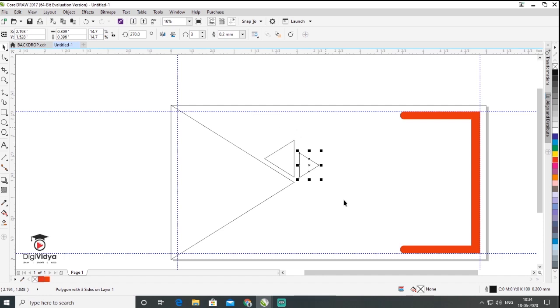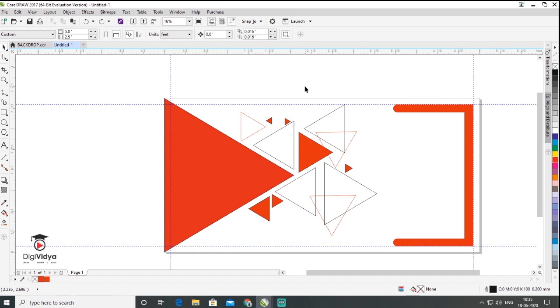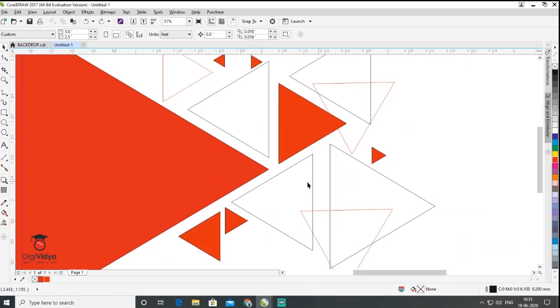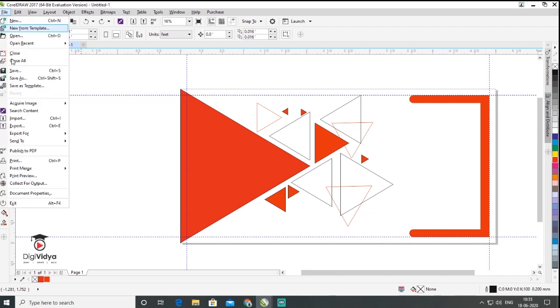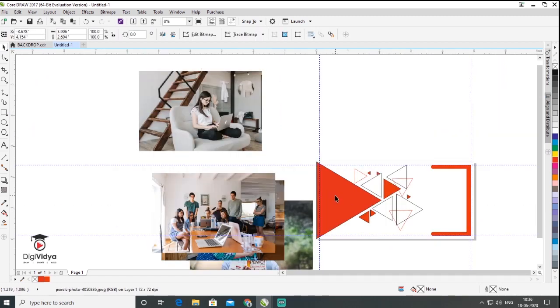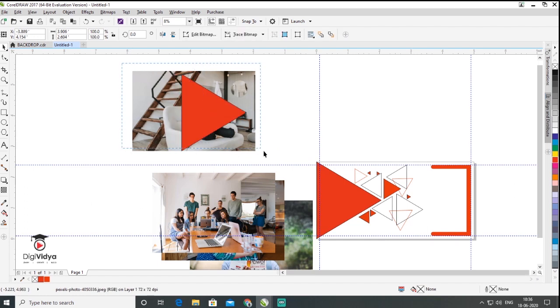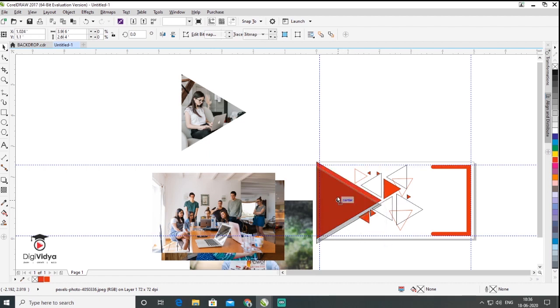Basically I make so many rectangles here, right? Then what I do, I just want to put an image inside the rectangle. So I import some images here. I import 5 images here, the big triangle. So I copy and paste the triangle and drag this triangle to my image, and I select the whole image and triangle, intersect it. Just delete the triangle and delete the big one and just drag and drop here.